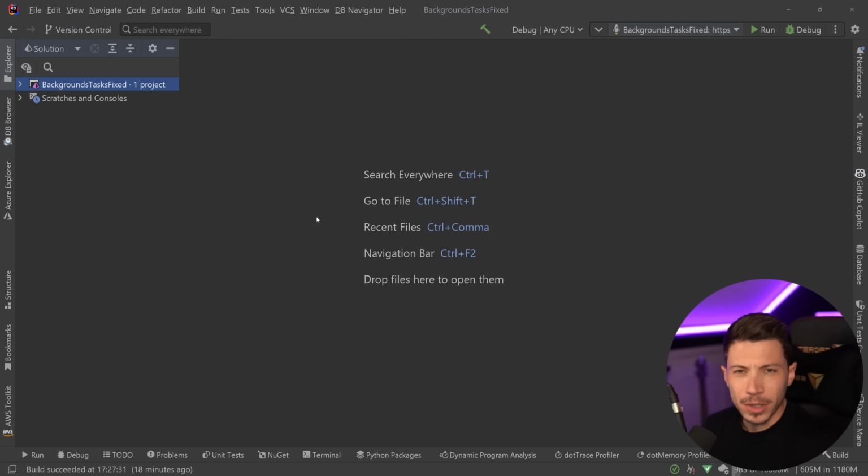If you want to do any simple or even complicated background processing in your .NET application, then that concept is